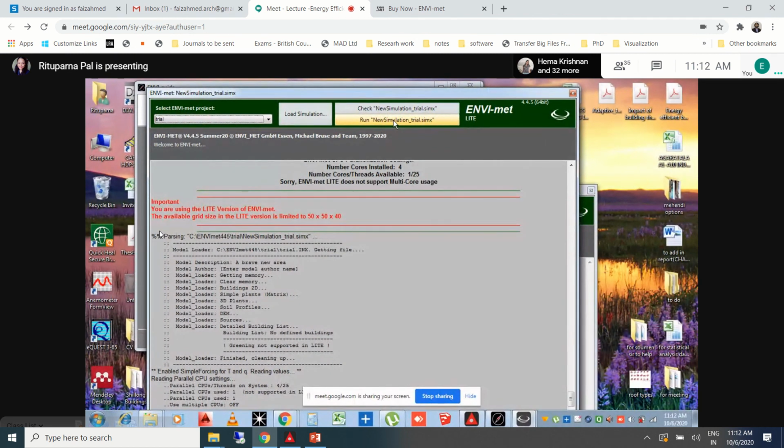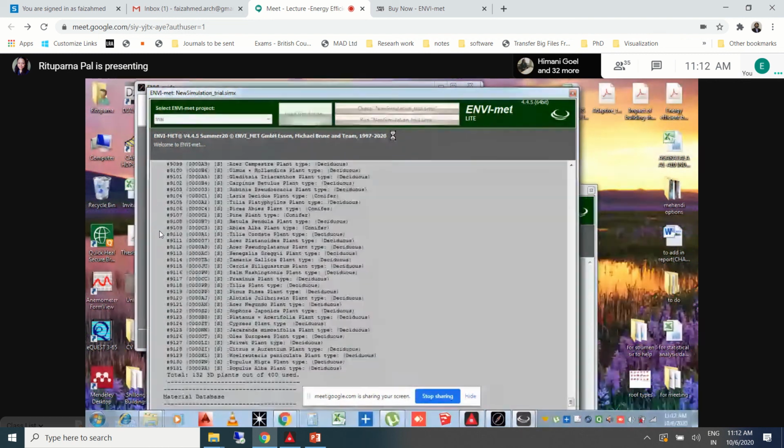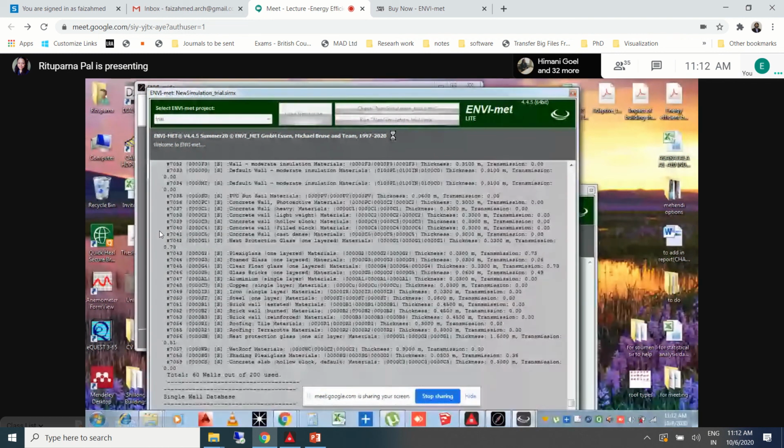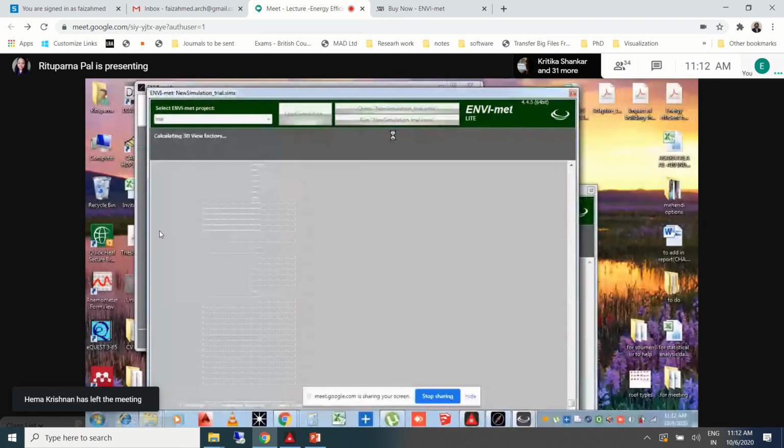We can just try because we are not getting that output that our file is more than 50, 40. So we can run the simulation. Everyone is running.